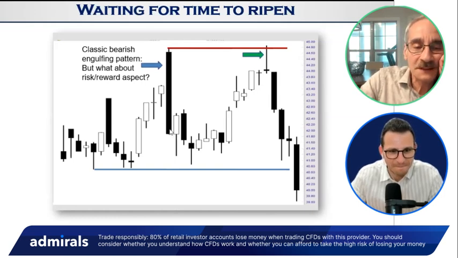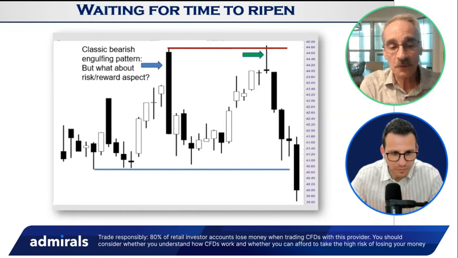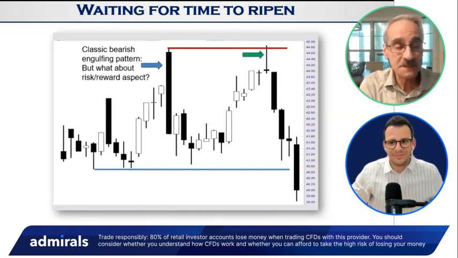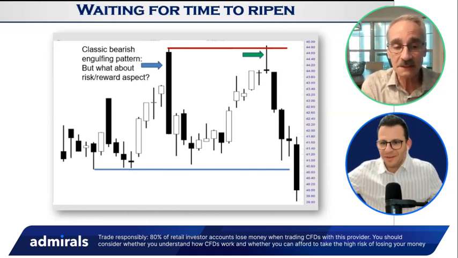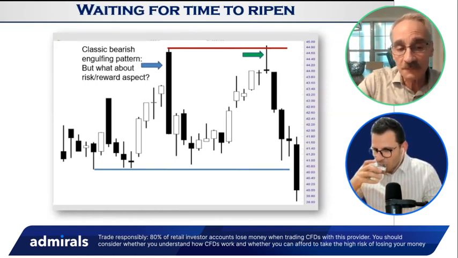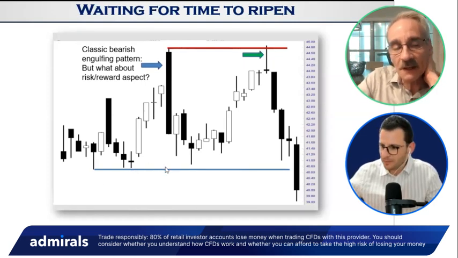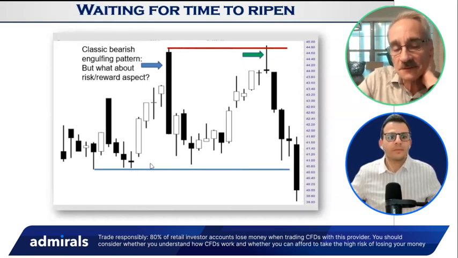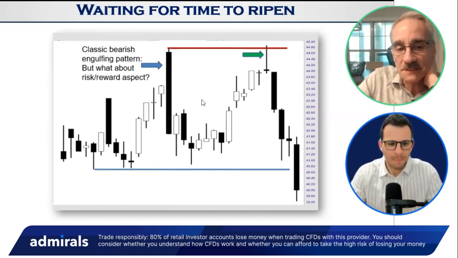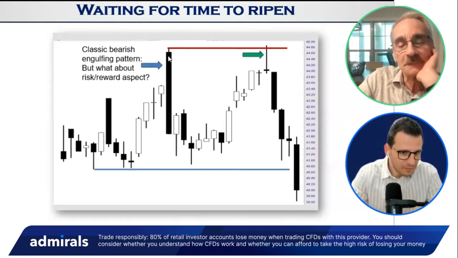If you sell it here, your risk is here, and your target might be different. Remember, I like looking at support and resistance. You may be looking at something else, maybe a moving average as a potential target, and it may be all the way down here. But I like looking at horizontal, because I'm not big on angle trend lines because they're so subjective, but everybody's looking at the same horizontal support and resistance. So that's why I like looking at it. So you sell it here, your target is here, and your stop is here.